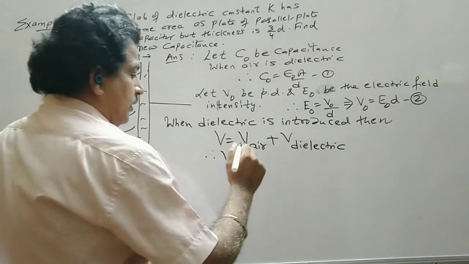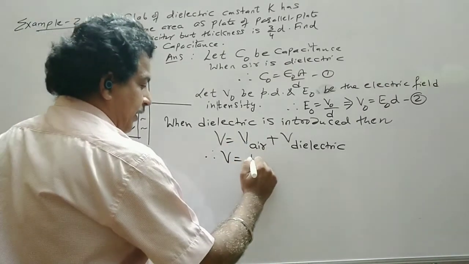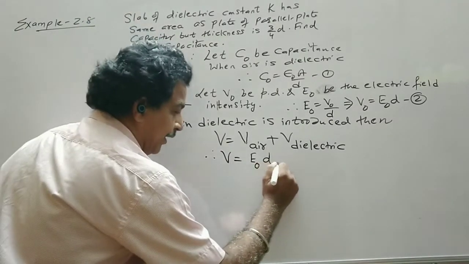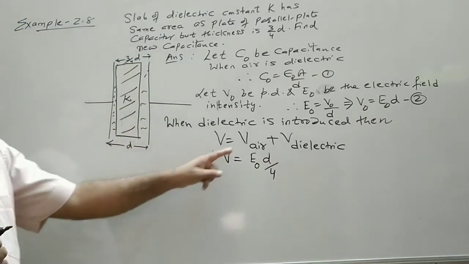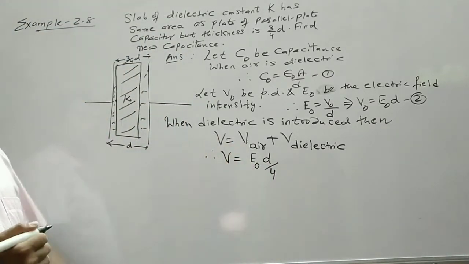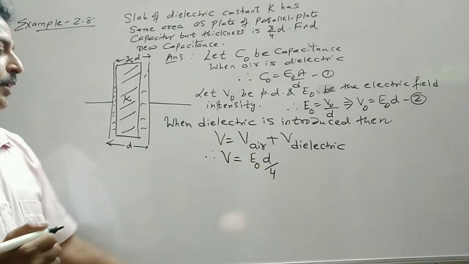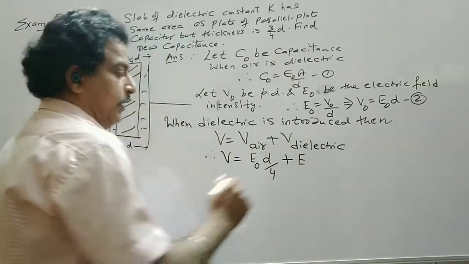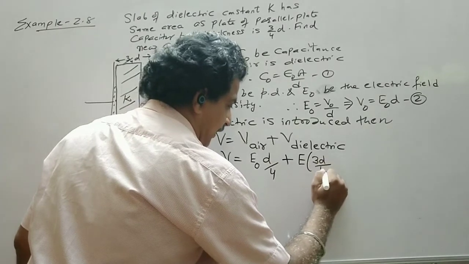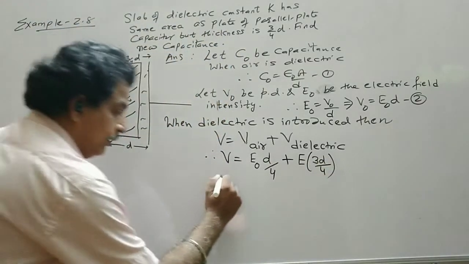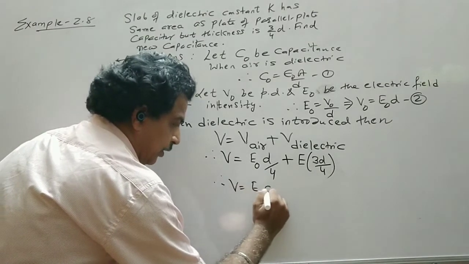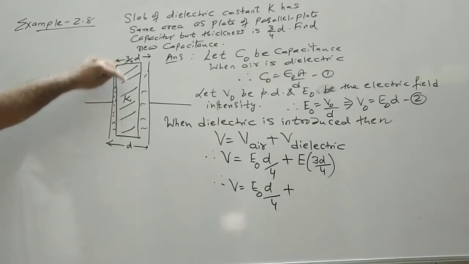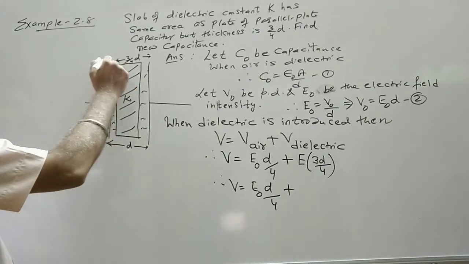Therefore, V can be written as, now V air, so it can be written as E naught. Now air left is D/4 only. So we apply the relation between V and E, that is V is equal to E naught, the remaining portion is D/4, plus E of dielectric and the portion is 3D by 4. Therefore, V is equal to E naught D by 4 plus, now the electric field intensity when the charges are induced,